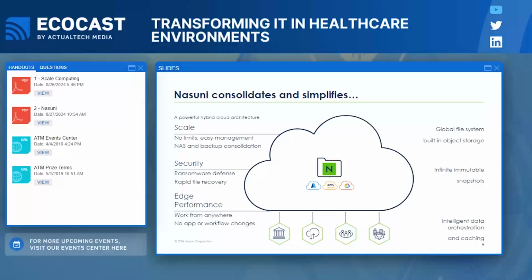For those of us that are still using a legacy NAS solution, physical devices in your data center, or even those that were lifted and shifted to the cloud, those come with limits. You have a limit on files, you have a limit on volumes, you have a limit on number of directories, you have a limit on number of users. And that all goes away in this model. In a hybrid cloud storage architecture, there are literally no limits. You are gated only by the amount of data that you want to manage and store and need to, right?